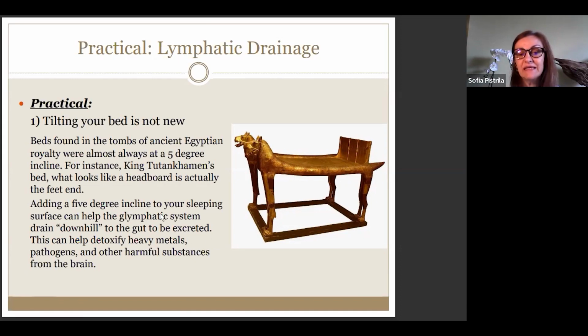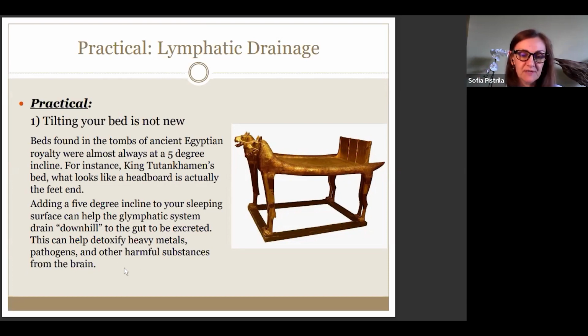So adding a 5-degree incline to your sleeping surface can help the lymphatic system drain downhill to the gut to be excreted. And there's something that I'm going to talk about a lot in the workshop, because there's a way to massage that drains it. It's really in the lower abdomen area, kind of towards the back. It's like a sac of lymphatic tissue. And when that sac of lymphatic tissue is not draining, that sac is really big. And guess what? You end up with lower back pain without having any problem with your spine, because it really affects those